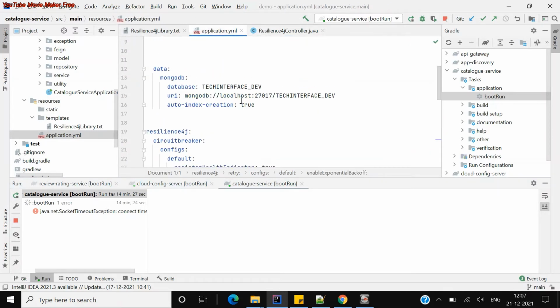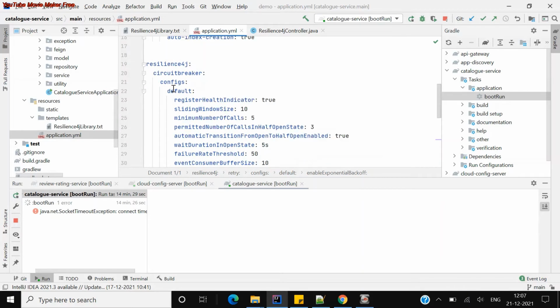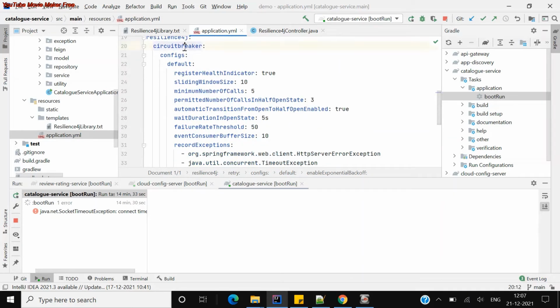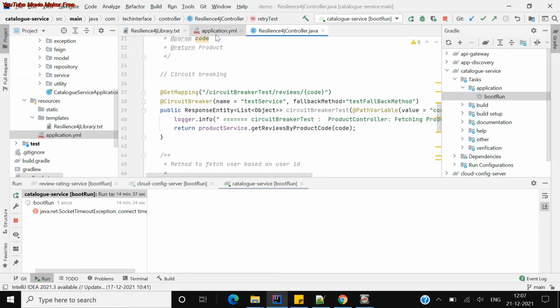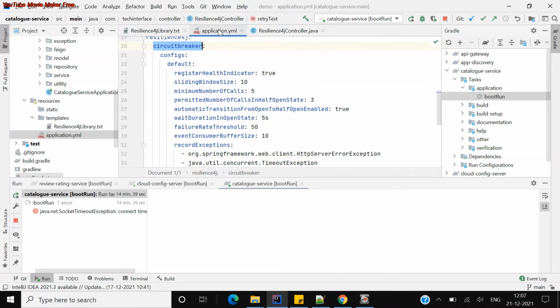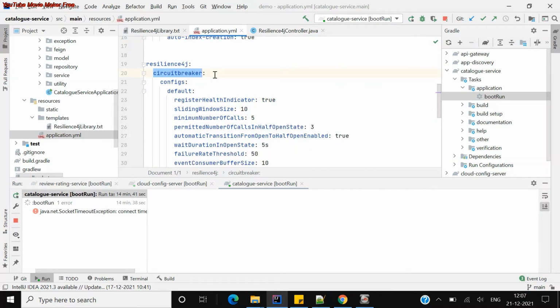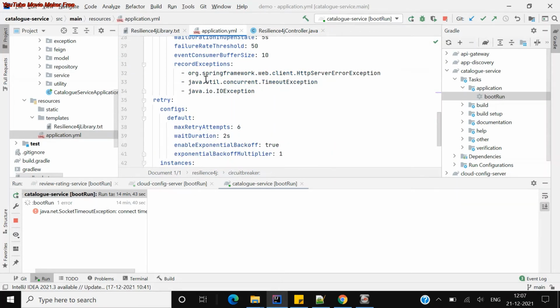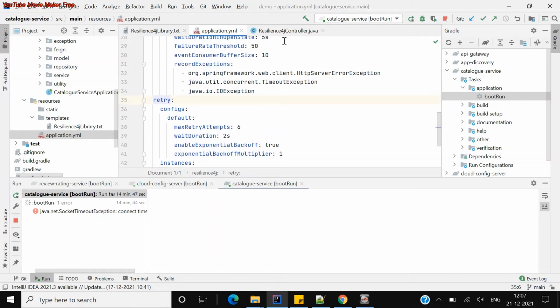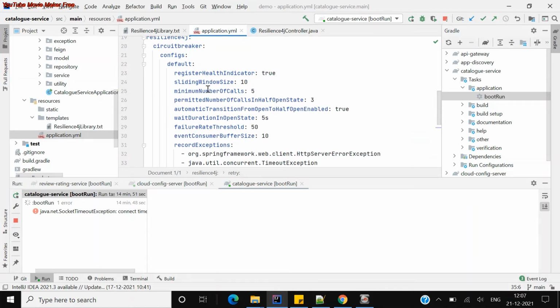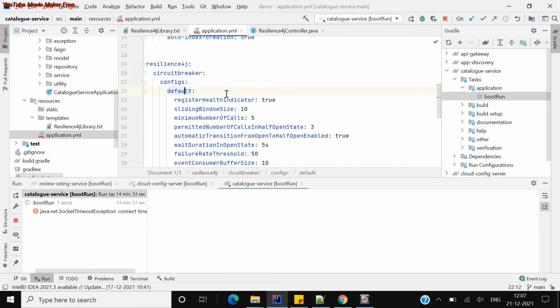So let us understand first. So this is Resilience4j. This is how you configure it in the application.yml. So this is a circuit breaker, if you see here, what I've given is a circuit breaker. And here, what I've given is a retry. So if you look here, this is the one configuration for circuit breaker, and this is a configuration for retry. You can combine it into one while implementing, but this is how the configuration looks in the YML. So I created a config and the default configuration here.